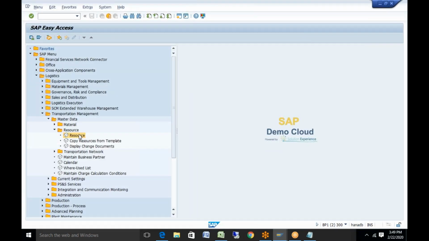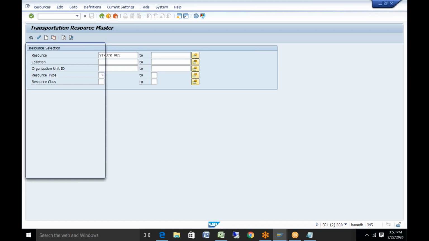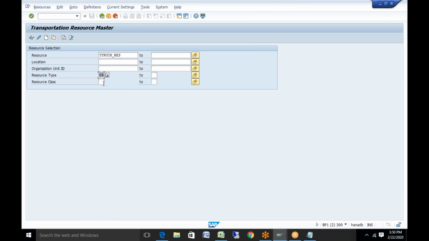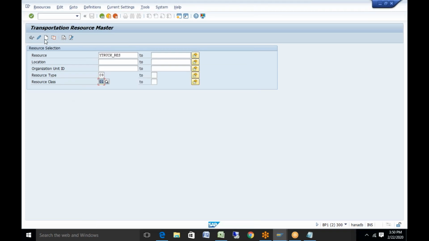So you directly go here. I will create a resource, for example, Y truck underscore test. So I'll give the resource type. I'll give the resource class. I'll click on create.